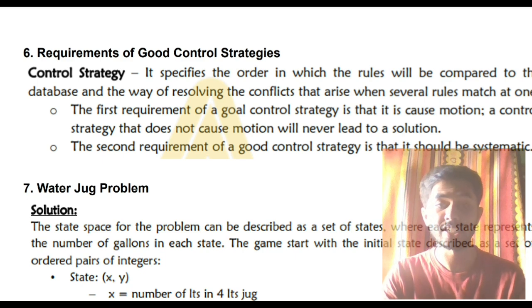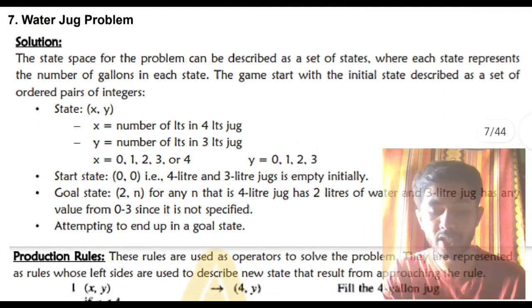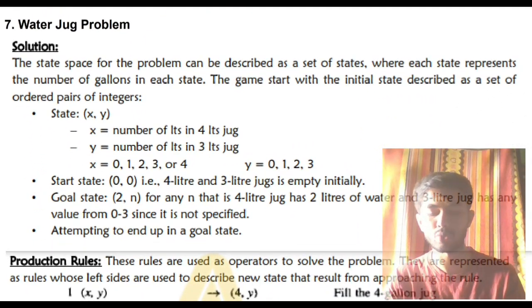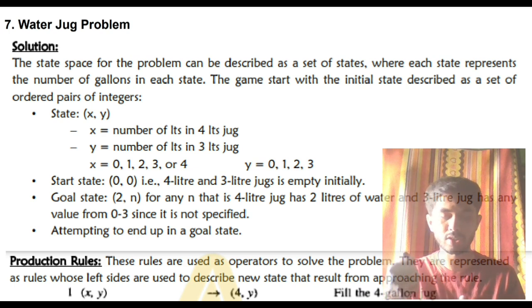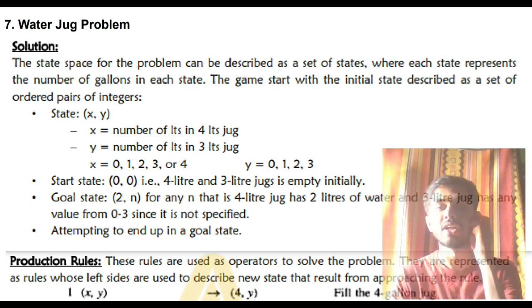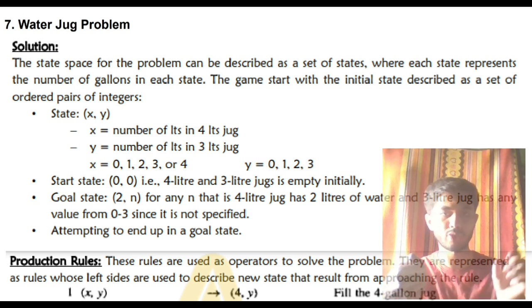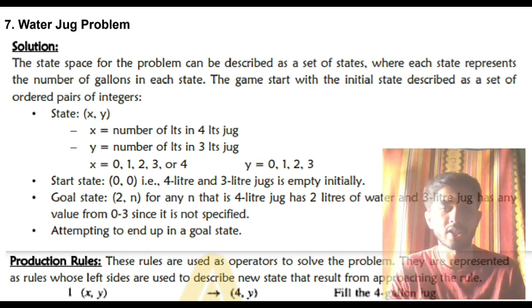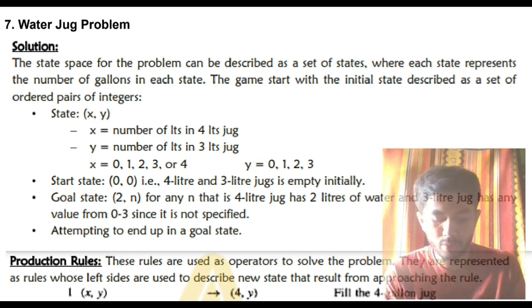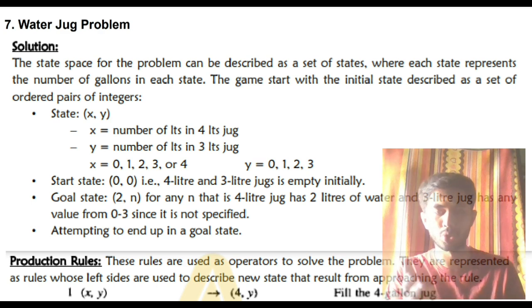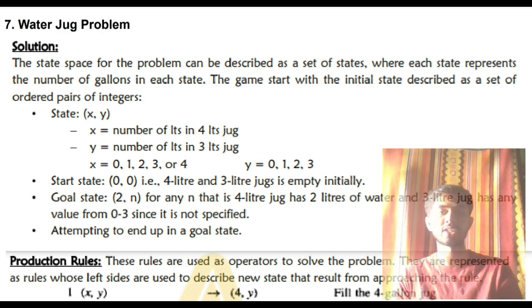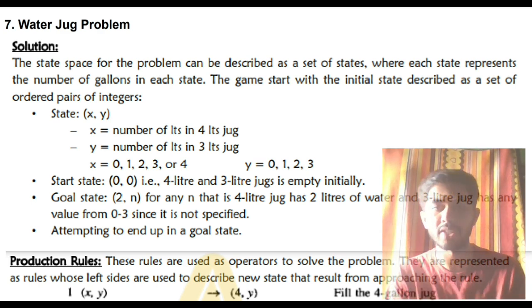Moving on to the seventh super important question of our module 1, we have the water jug problem. So what do you understand about the term water jug problem? There is a jug and water is there, you are pouring water in that, and some problem is there. Okay, so this is very simple. But it's not that simple. If it was just pouring water, do you think they would ask it in the 7th semester AI subject? No, right? So there's something relevant here.